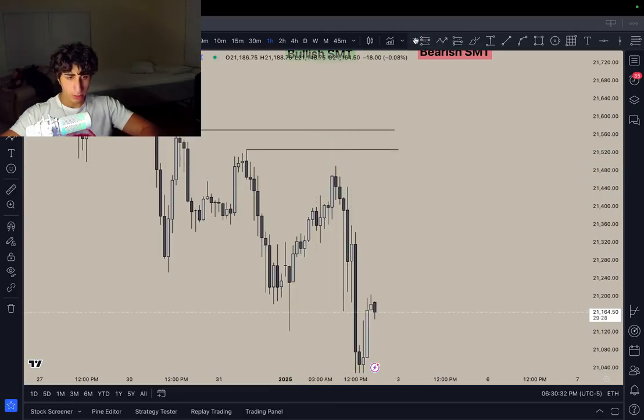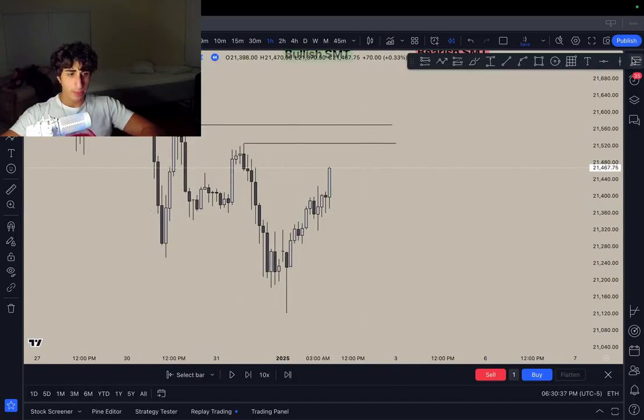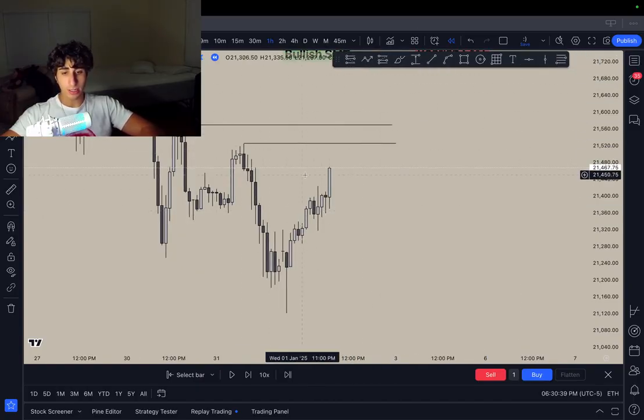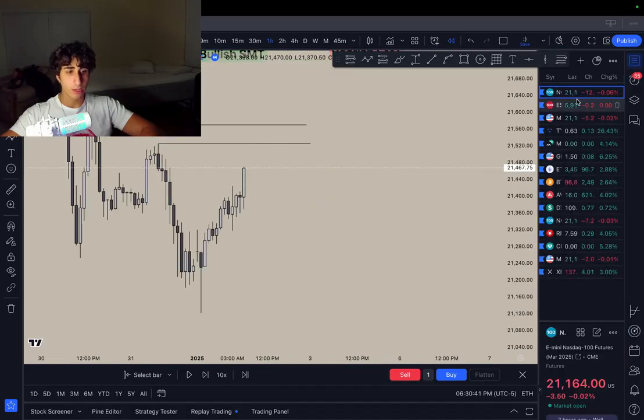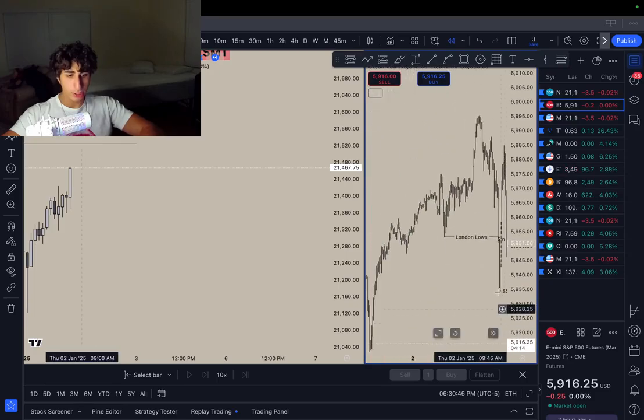Or let's just go to like this time here. Right? So you have two highs here. And if we go on, these highs are not taken on NQ, right? These highs are not taken on NQ. And then if we go on to ES, and what that ES chart looks like,